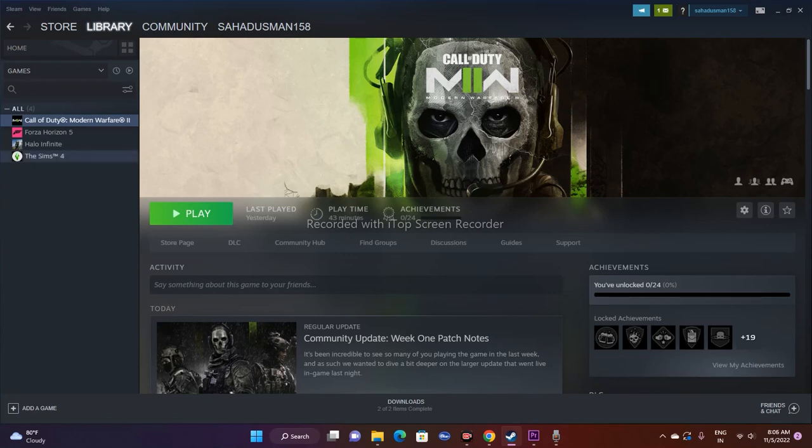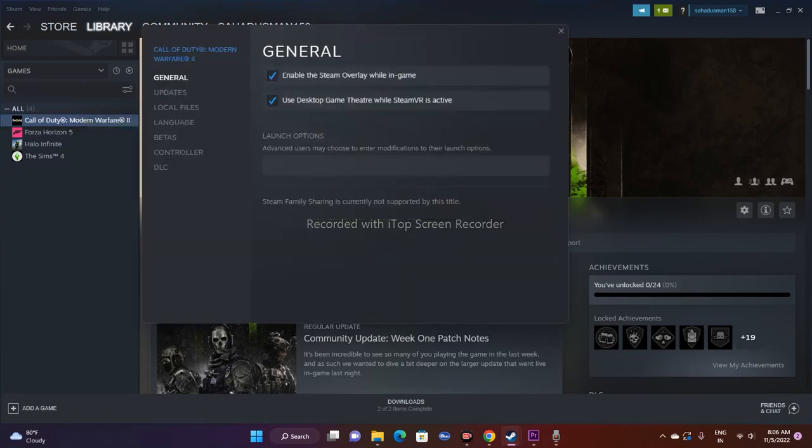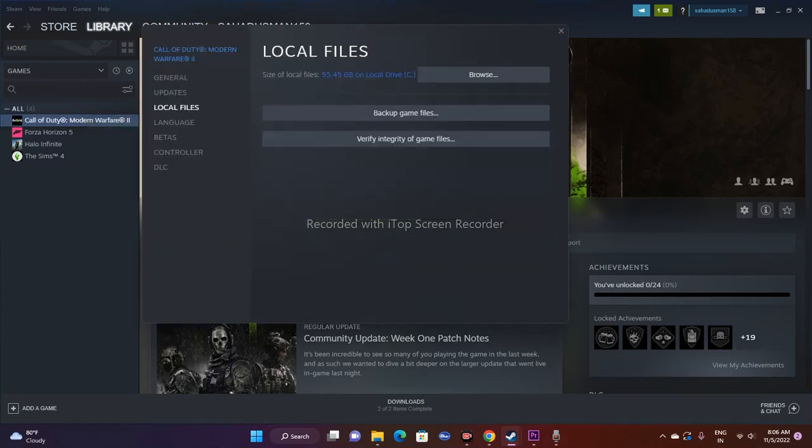For that, you just have to select the game like this, right click and go to properties, then go to local files. Now there is an option called verify integrity of game files, so you just have to click on this one. Then go for yes. This will take a little bit of time, depending on your Wi-Fi speed.